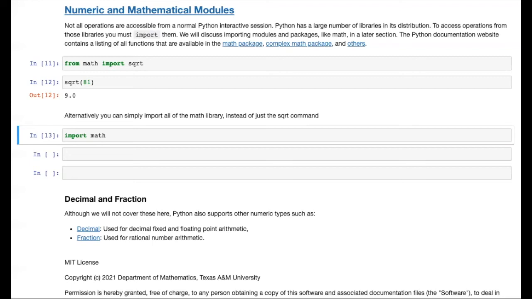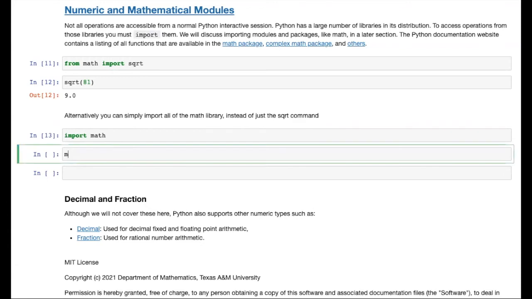However, with this import, we are required to use fully qualified names, meaning that instead of simply writing sqrt, as we did in the previous example, you can write math.sqrt of 81, where sqrt is a name or attribute of the math module. That is, we're specifying the module name followed by a dot, and then the function name sqrt with its argument list. So we're going to cover this in detail in later sections, but it's likely that you'll want to